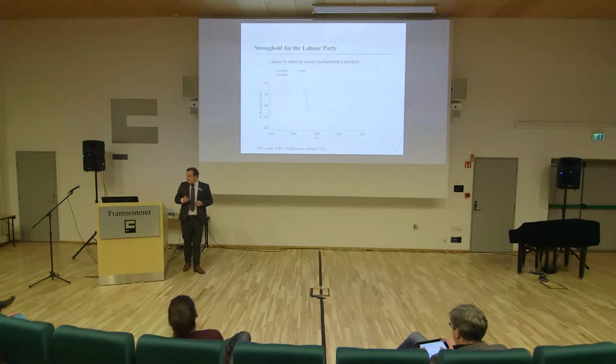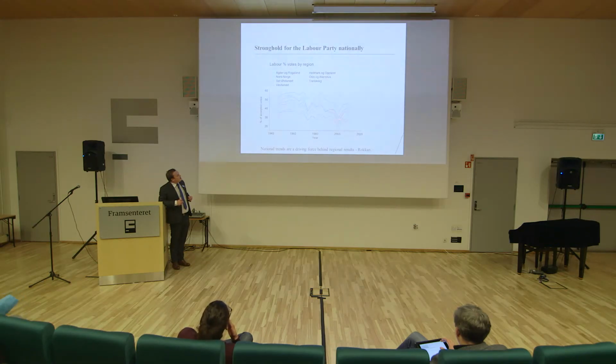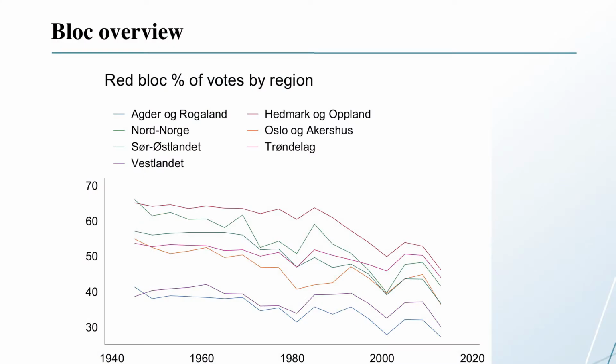But to make it more nuanced, you have to put it in the national context. Here you also see that Northern Norway has been, along with the inner cities, a traditional stronghold for the Labour Party, whereas in the last years it's been less of a stronghold for this party. But I think it's more important to see it as a red bloc. As you know, in France, le bloc, c'est important.